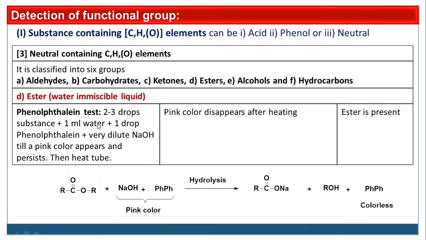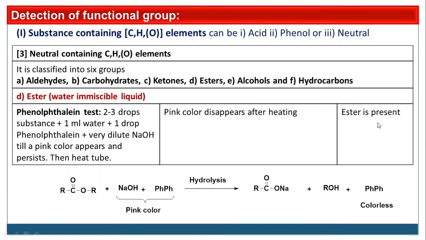तुम्ही ज्यावेळेस हे रिएजंट सगळे एकत्र करतात तर कोणता कलर येईल? Pink color. If hydrolysis is there, this NaOH reacts with this ester and forms the sodium salt of carboxylic acid, and byproduct is alcohol. Now there is no NaOH. Then this alkaline medium becomes neutral because ROH is neutral. So at neutral condition, phenolphthalein is colorless. That's why pink color of the solution disappears.